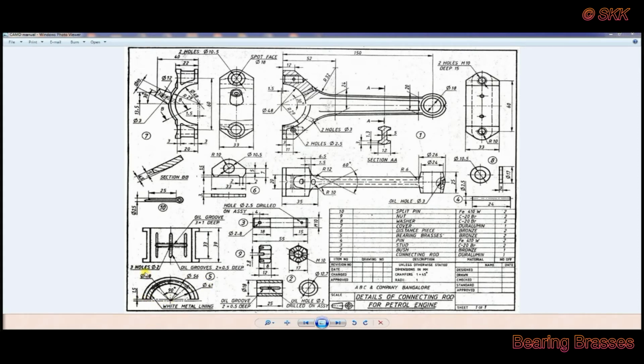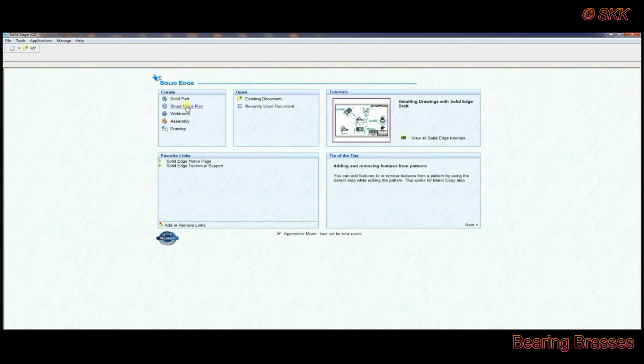Here you can see three radii, 48, 56 and 41, and heights of 33 and 39. There is an oil groove of 3 into 1, horizontal groove, then 3 vertical grooves of 2 into 0.5 deep, another horizontal groove of 2 into 0.5, and 3 oil holes of 2 diameter, with each hole's distance at 90 degrees. Let us go for this one.